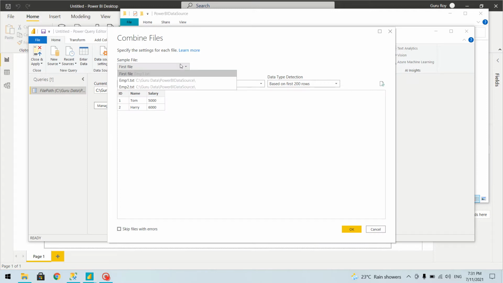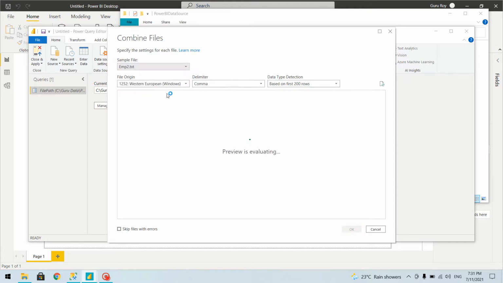This is the first file and you have the second file. So we are good with it. Yeah, it looks fine.